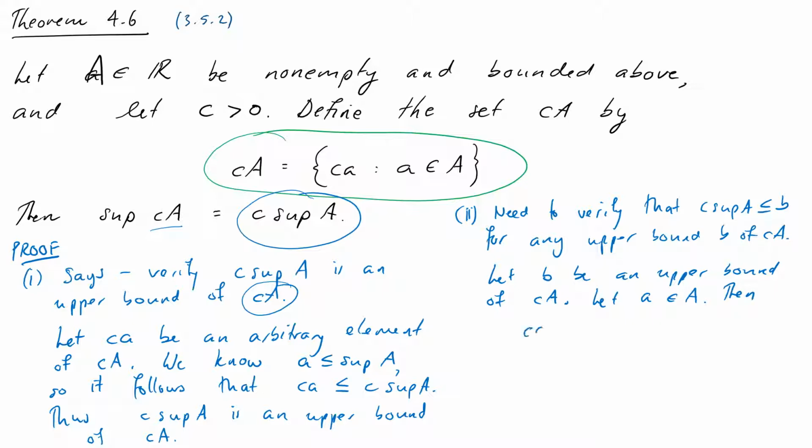Then Ca is an element of CA, and so Ca is less than or equal to B, because B is defined to be an upper bound of CA. Thus, we can take that inequality and rearrange it so it's a statement about a instead of a statement about Ca. Thus a is less than or equal to B over C. That's because C is greater than 0, so we can multiply by 1 over C freely using our inequality properties. And hence,